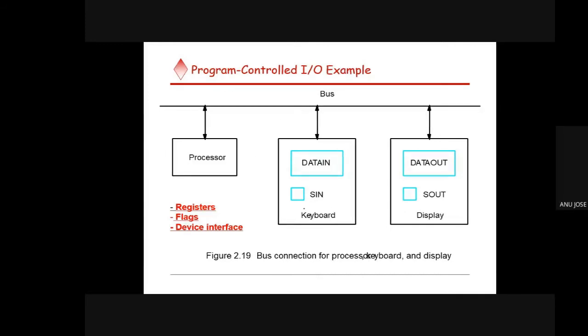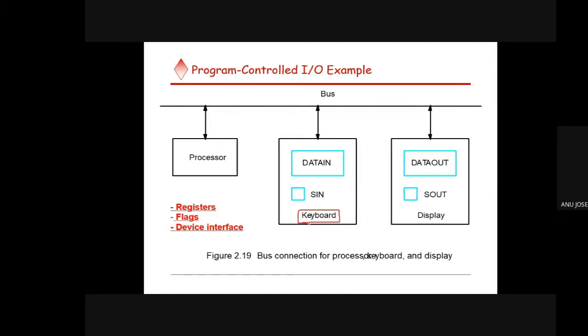So you can see this is the input device you are having. I am assuming that the input device is the keyboard. This diagram is important. Till now, only one point you should remember, that the data will be taken from the input device to the processor, or even the processed result can be sent from the processor to the output device. The devices will have a speed mismatch, so we need to find certain synchronization schemes. So this is the result of that synchronization scheme.